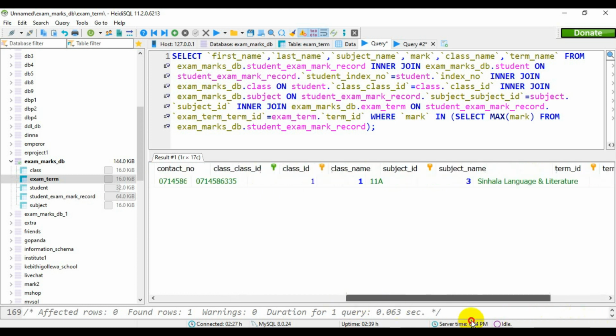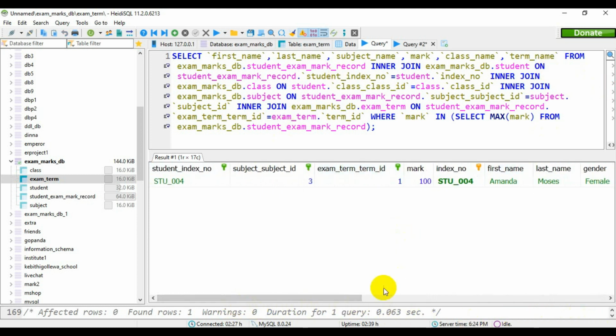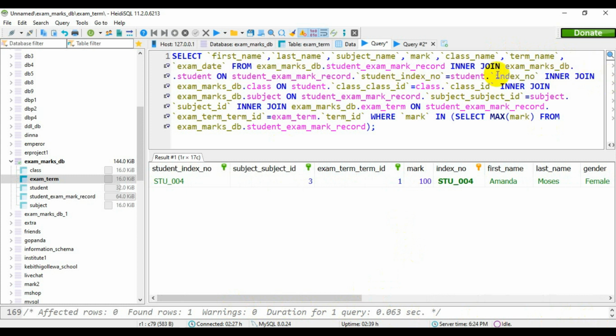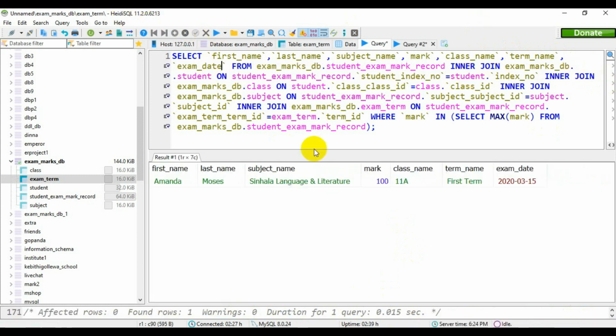And also the exam date. Better if we include the exam date as exam_date. So now this is the overall answer. You have the first name, the last name, the subject name, the mark of the student, the class name, the term name, and also the exam date. These are all the required details of the student who got the highest mark for